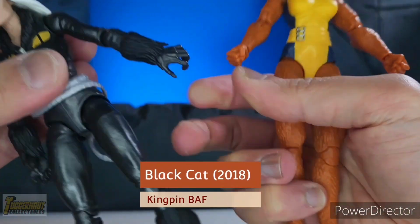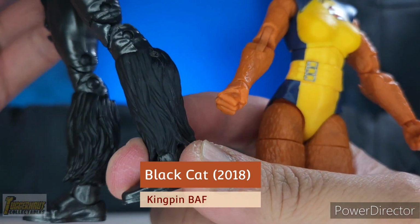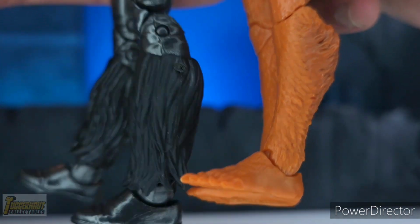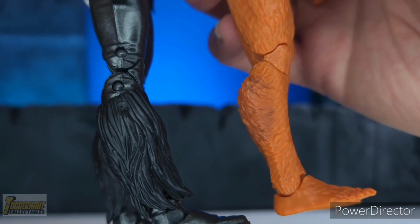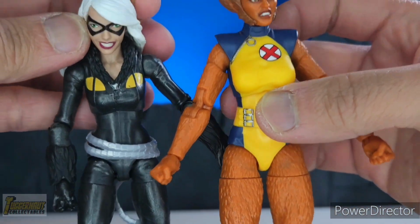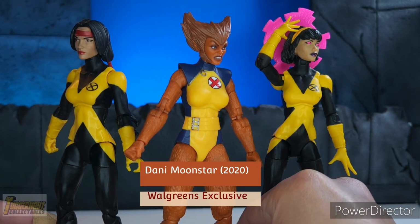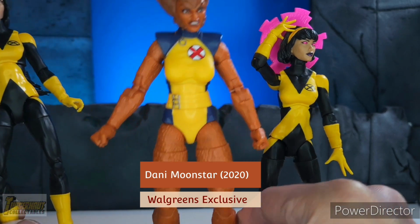The custom Wolfsbane I've seen on Instagram uses this fur from the Black Cat for the lower calf and her wrist, but now you don't need it because Hasbro sculpted in those thick hairy details on her lower calf and her arms. That is why I really believe that Hasbro is not yet done with this particular sculpt of Wolfsbane. They will reuse this. Speaking of reuse, here we have the Walgreens exclusive Dani Moonstar, which came with 3 different